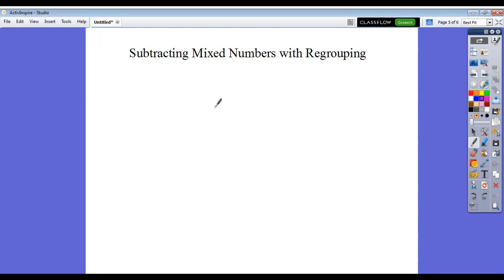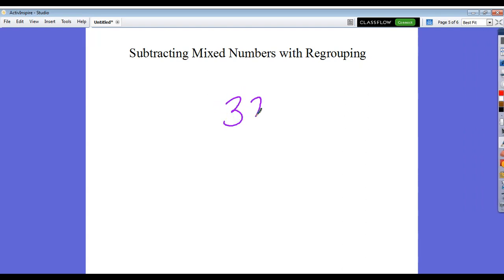So I want you to think back to second grade, and if you were to do this problem of 32 minus 17, you would think about this in terms of tens and ones. Now, in my ones place, I can't do 2 minus 7. I mean, I can, but it will give me a negative number, and that's not what I'm looking for in this problem. So what I would do is I would go over to my tens place and I would regroup or